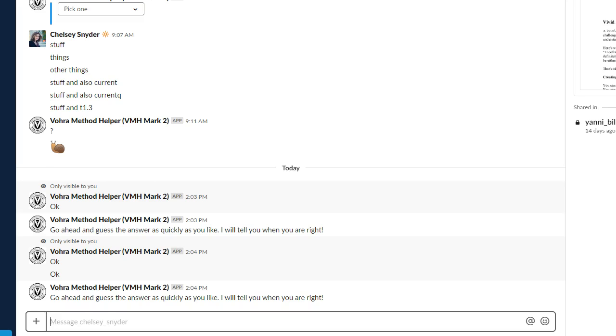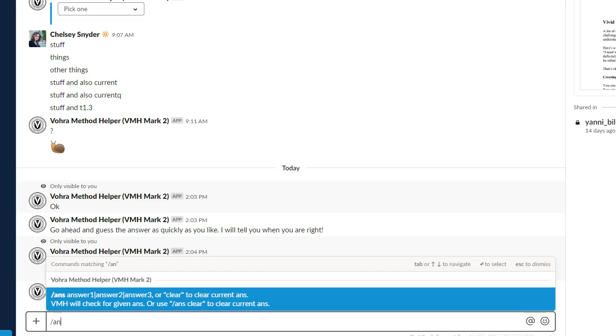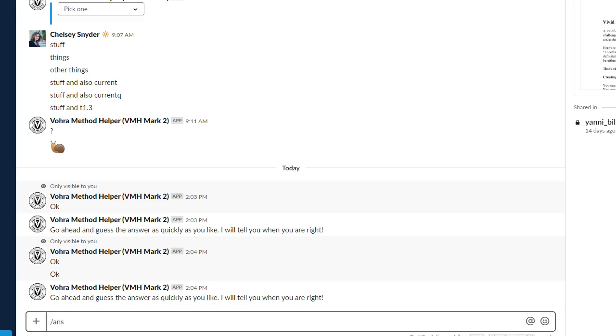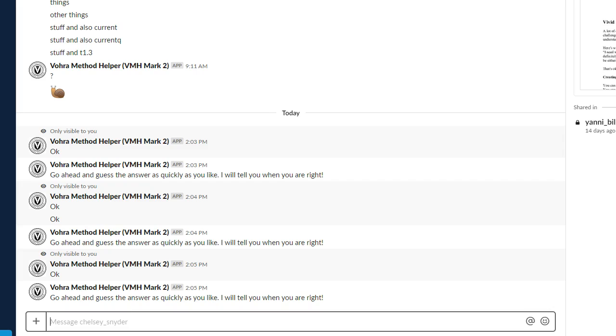So the command is just /ans, short for answer, and then you list whatever the correct answers are, and it does only an exact match for those answers. Very important thing here is if